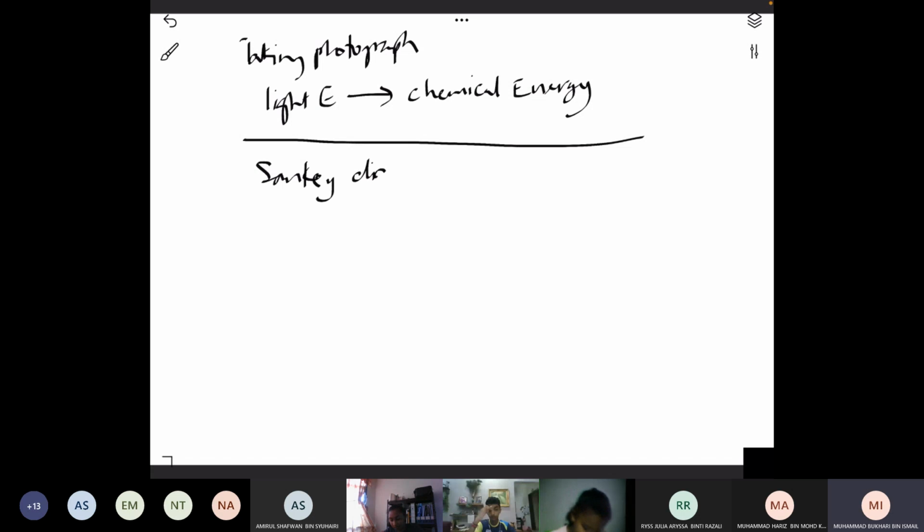Sankey diagram. Did you ever hear the word Sankey diagram? No. Okay, for a Sankey diagram, we are talking about how efficient the energy transfer is. For example,